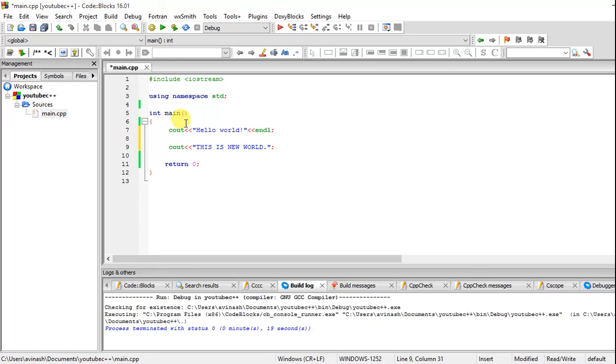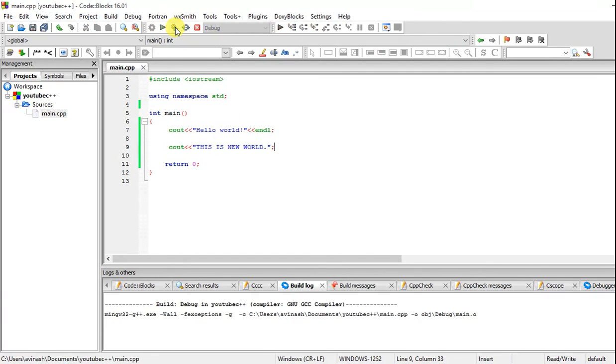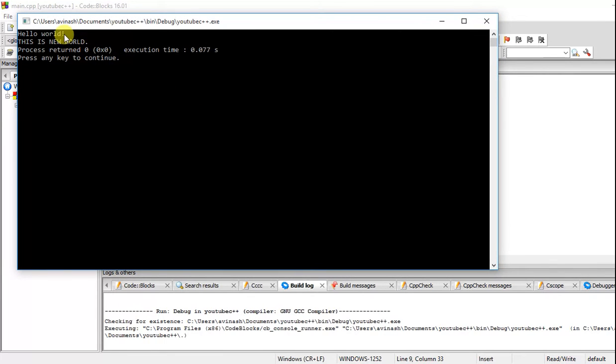Now let me explain this before building and running it. It goes over here, main function. It says output this particular thing, that is hello world exclamation mark, and then put an endl, that is end the line. It means it will print hello world on the first line, then an enter, and then it will print this is a new world and full stop. So let me build and run this and you will see it is exactly as it is, hello world exclamation mark. The end of the line is over here, so a new line begins